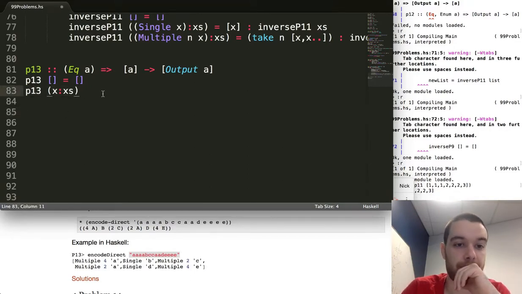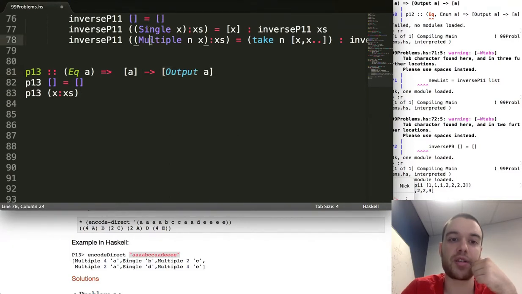Okay, so the hard part about this is we want the first element of the output A to be of type output, so either a single or multiple. But if it's a multiple, then we need to update it. So what we're going to need to do is go